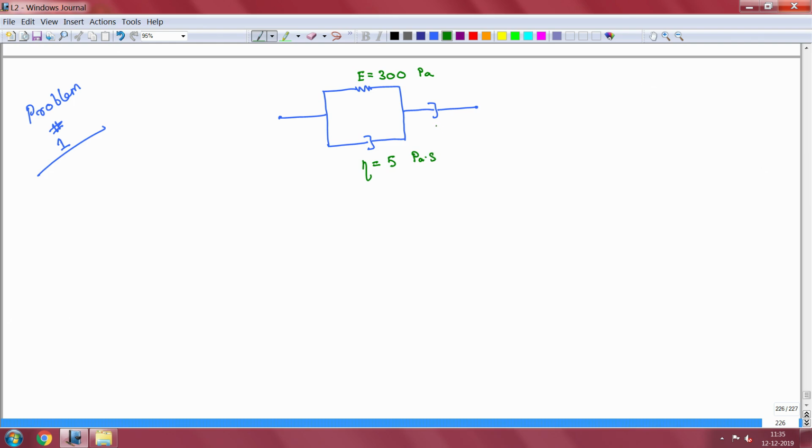And this is another viscosity, given as 1 pascals. So we have these two different dashpots, and the strengths of these dashpots are different. The question we are trying to ask is, find out the expressions for